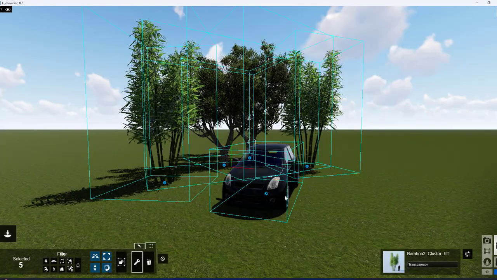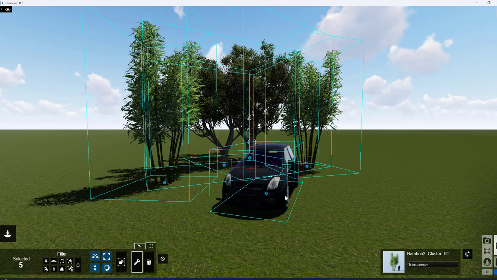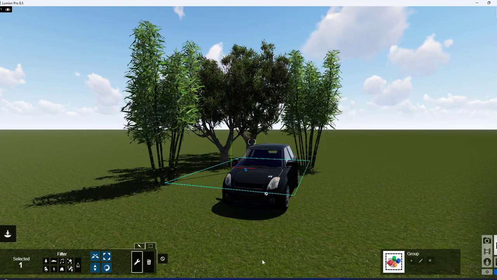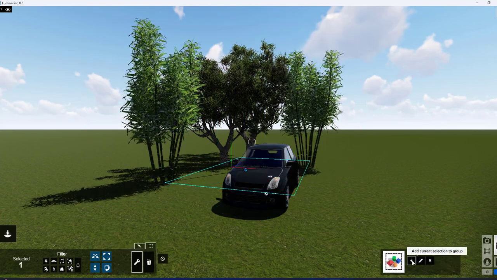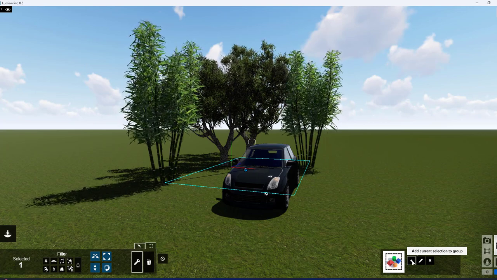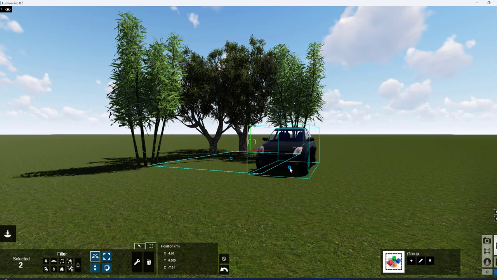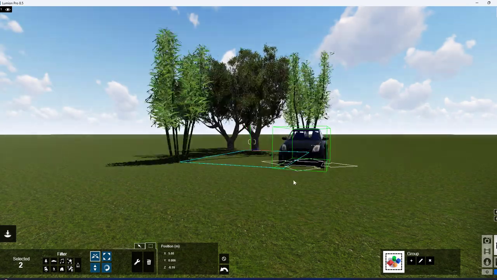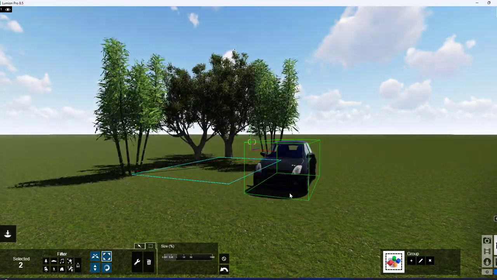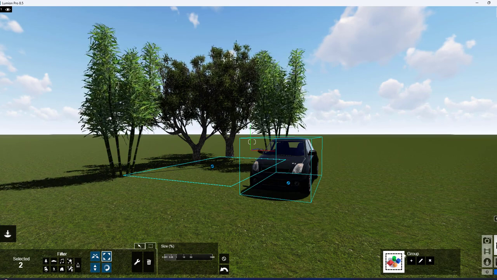So this is how you can select all the objects at a time, and then this selection I want to add into one group. For that you click on the create group option and then you can say add current selection to the group. Once you add, here you can see you can apply the properties, you can move it at a time, you can scale it up. Like this way you do all the editing properties at a time because of this group properties.